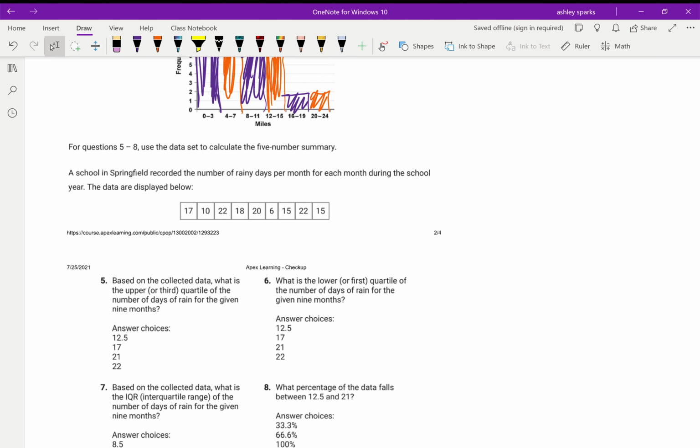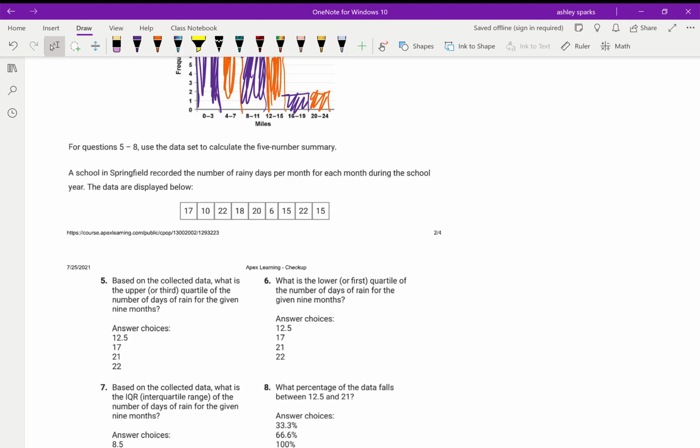The next thing we're going to talk about is interquartile ranges. What is a quartile? A quartile is a quarter of the data. So for instance here, a school in Springfield recorded a number of rainy days per month for each month during the school year. The data is shown below. Okay. So what it wants us to do is, based on the collection, what is the upper quartile of the numbers of rain given each day? To do a quartile,